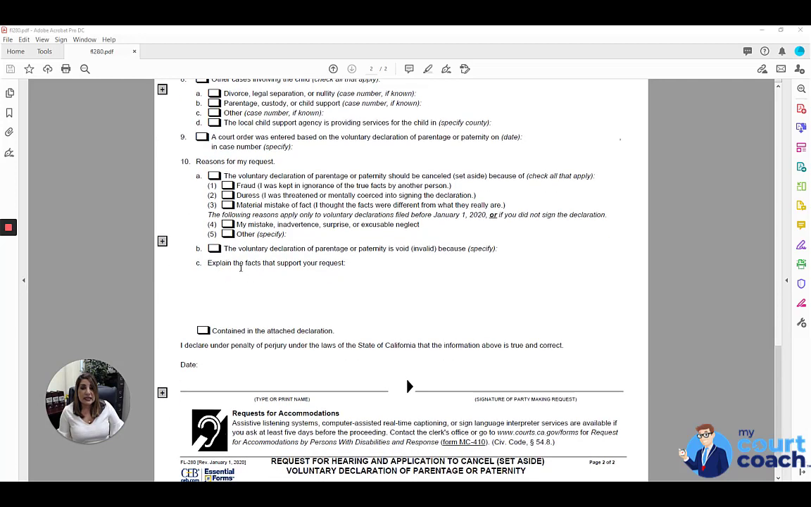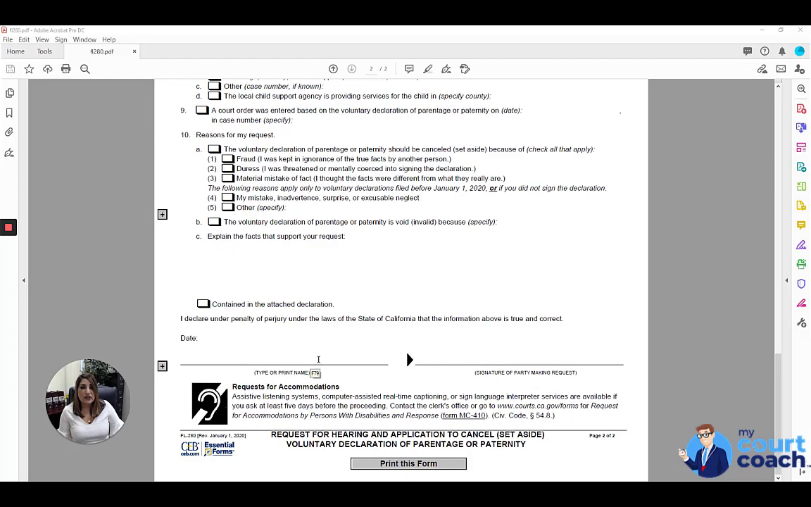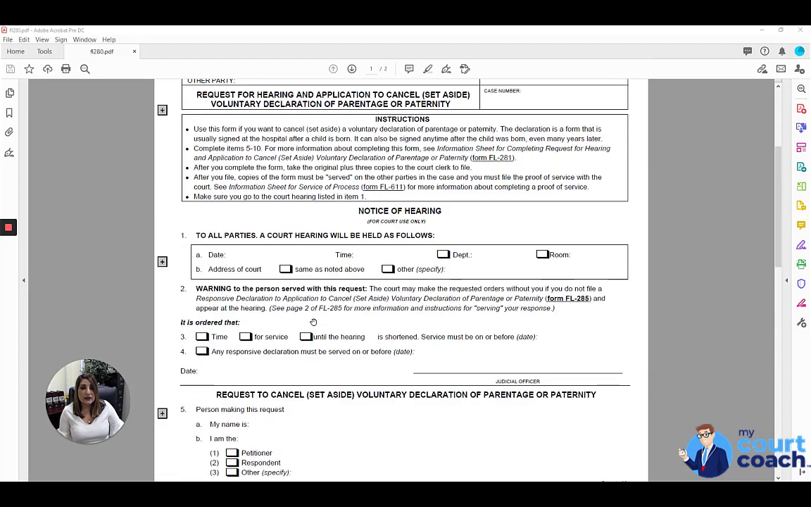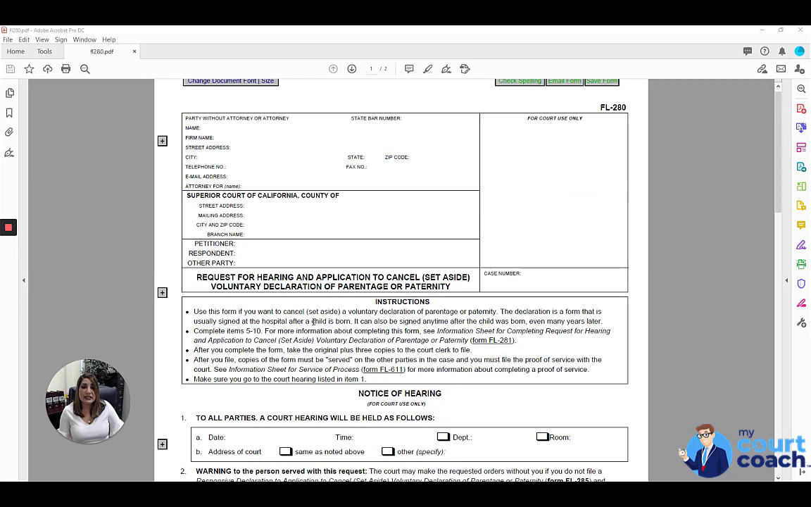In 10C, there's some space for you to explain the facts that support your request. If you need more space than this, you're welcome to attach another sheet of paper to this. And if you do that, just mark the box that says contained in the attached declaration. Finally, you want to print your name at the bottom, sign and date, and this form is now ready to file as part of your request to cancel or set aside the